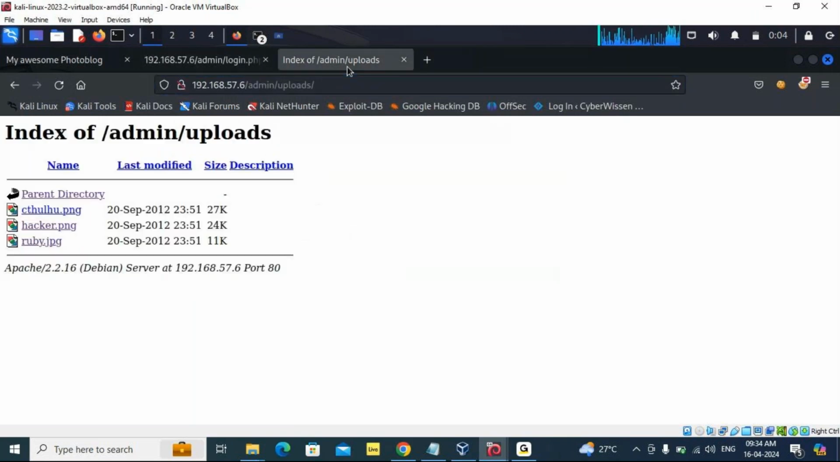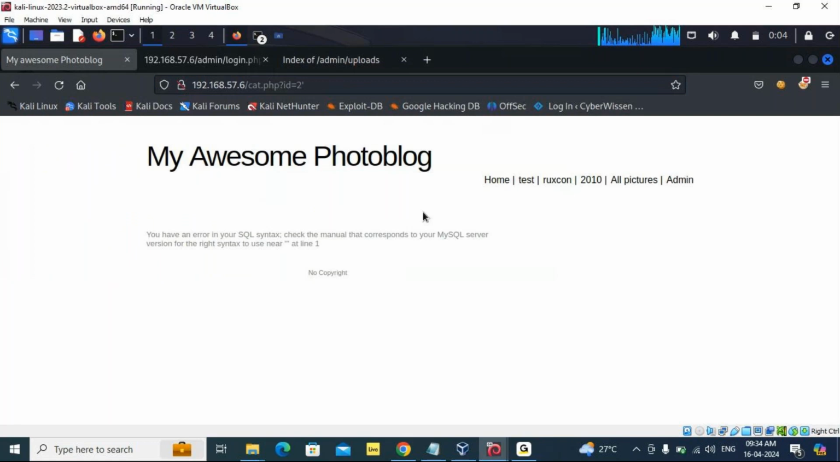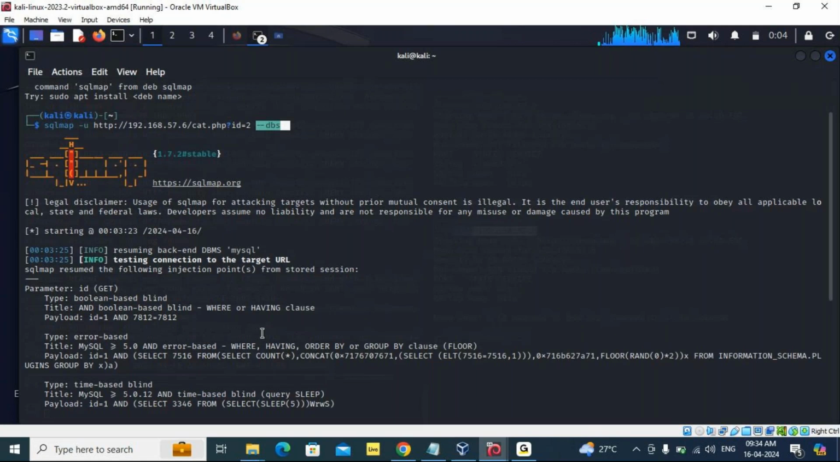And then the next step is uploading a shell. That is actually the last step. So now we were able to find that here we have two databases. Information schema is there by default, and the second database is interesting, which is photoblog, where we must find the username and password. Now in the next step,